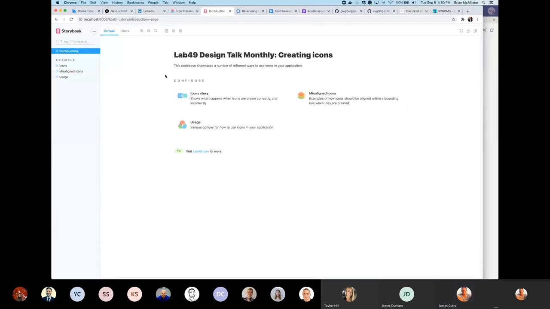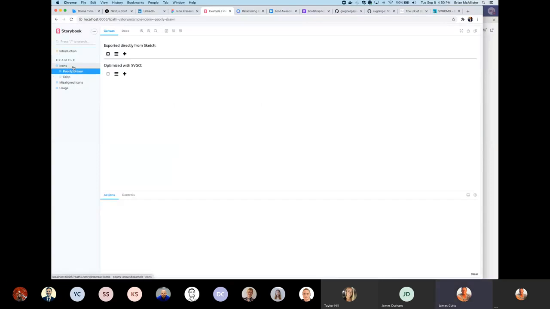There's a simple introduction here, but I'm going to jump right into the first story, which is showing off some icons. And the first thing that James talked about was what poorly drawn icons look like, meaning the anchor points aren't on a full pixel. It's really, really visible when you have straight lines like these icons that I quickly drew poorly in Sketch. And maybe zoomed out here, it's hard to tell, but if you do zoom in a little bit,